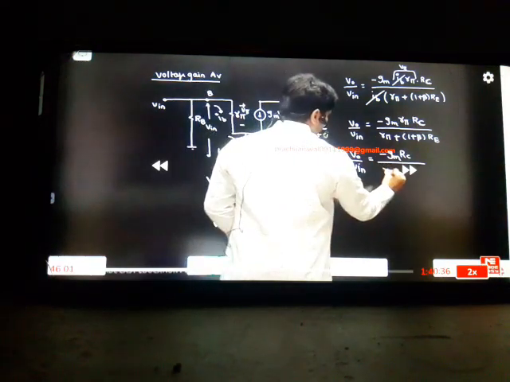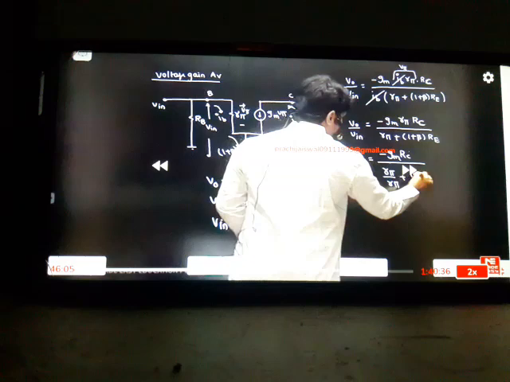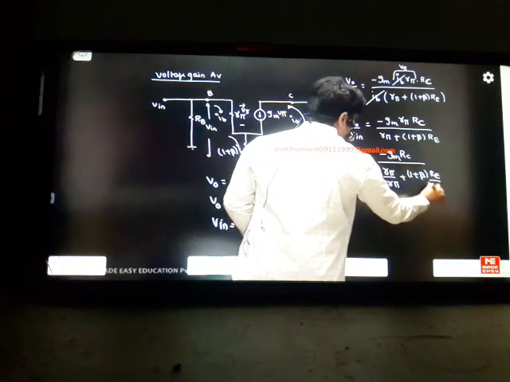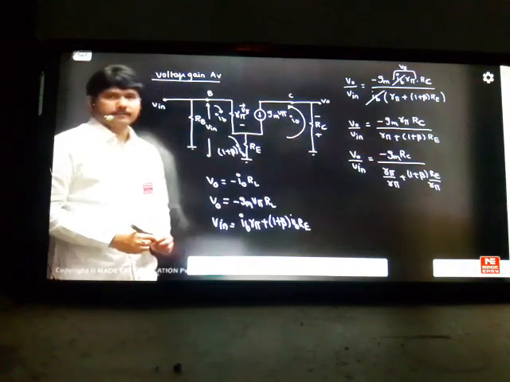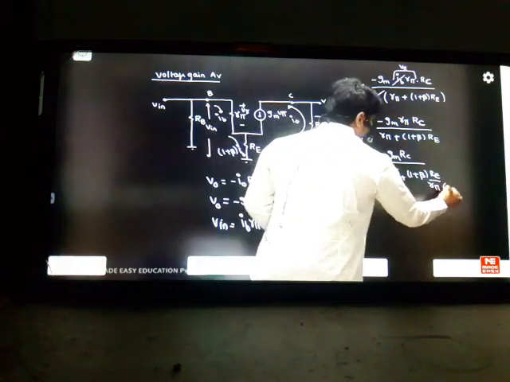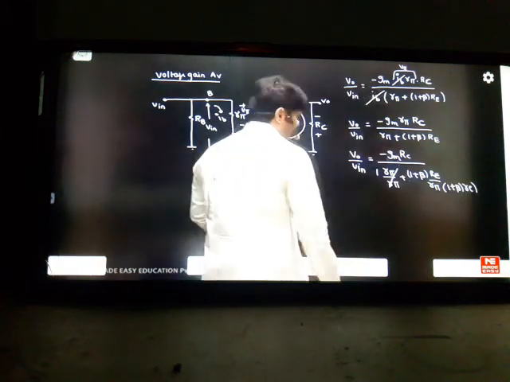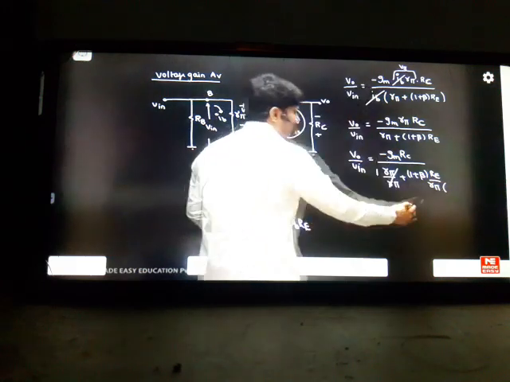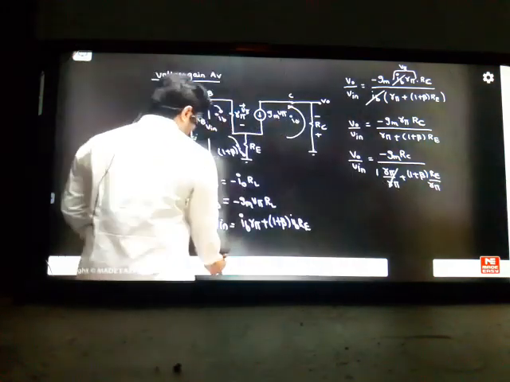R pi, you keep it down. R pi by R pi plus (1 plus beta) into RE, divided by R pi, to get a good shape. I'm doing the simple mathematics; this will become 1 here, and this R pi we can write as 1 plus beta times RE. This quantity we can change to RE model parameter. R pi को हम लिख सकते हैं 1 plus beta times of RE. In the next step में लिखता हूँ